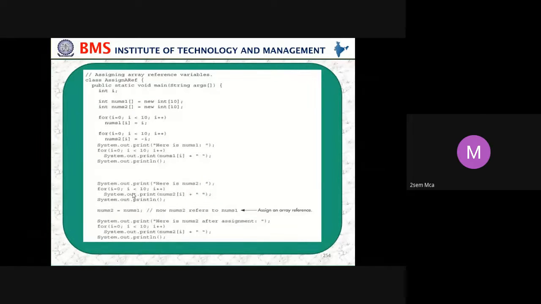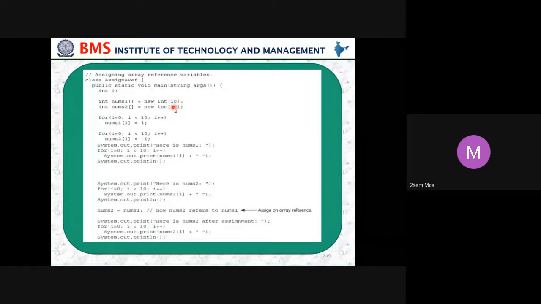So here we have taken two arrays, num1 and num2, and the static size we have given for each array is 10. This is one array, num1, and num2 is another array, with 10 and 10.